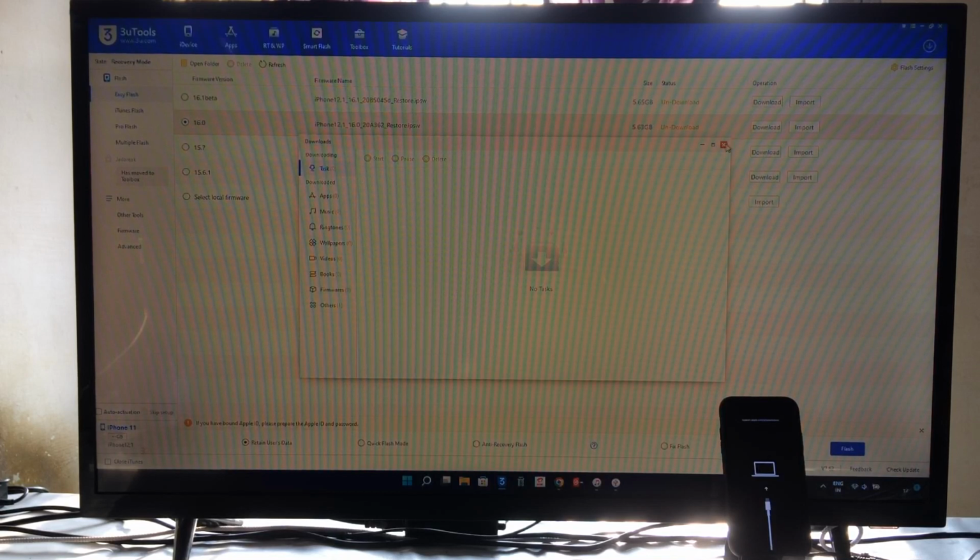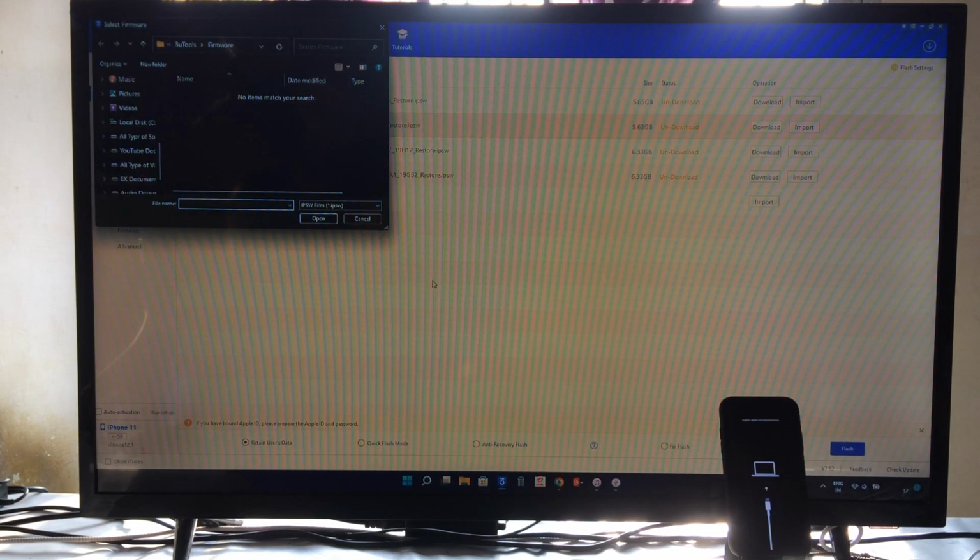So now it's highlighted. Now I will click on import, and here we will select this one. Here I have saved this IPSW.